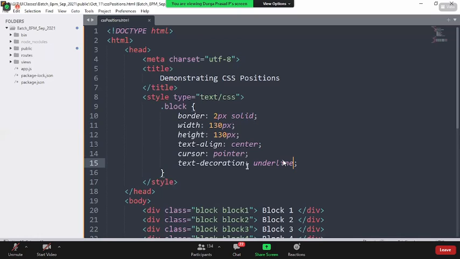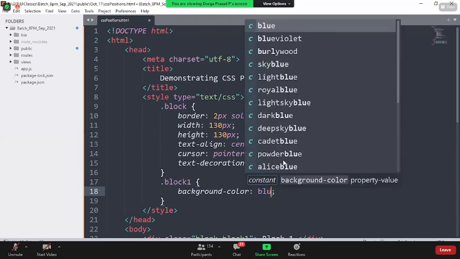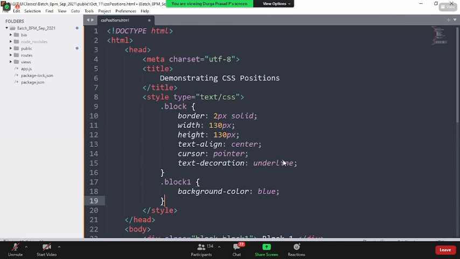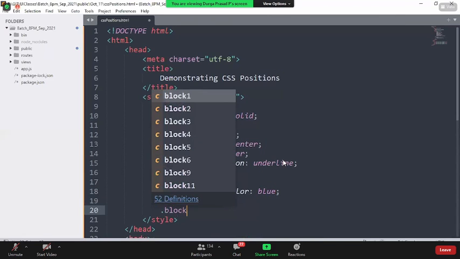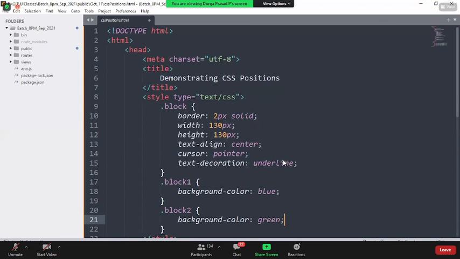Super fine. On top, I would like to give some background colors for these containers. Block 1, background of blue. Dot block 2, background color of green.